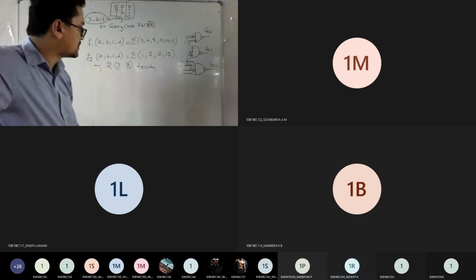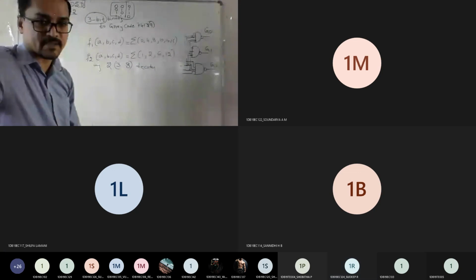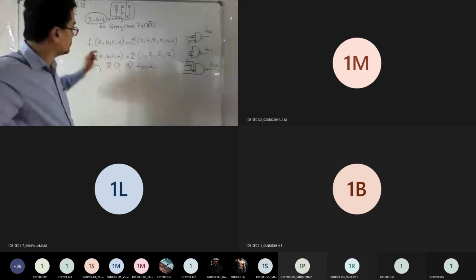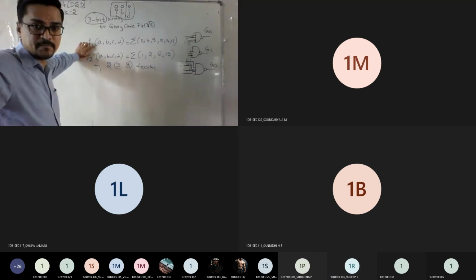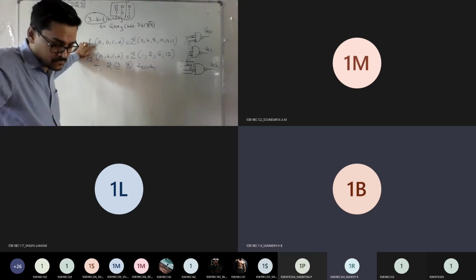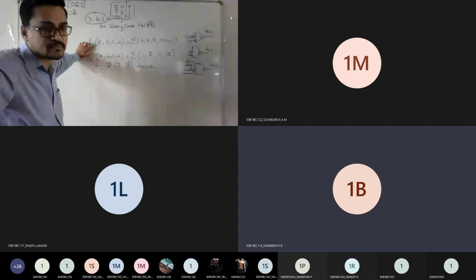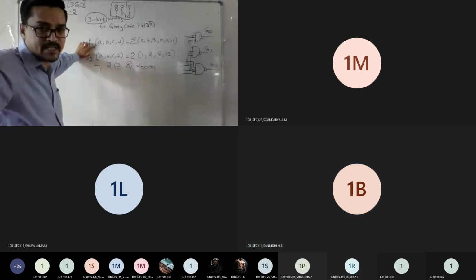Anyone can tell me what is the meaning of this 3:8 decoder, 2 times? Okay, listen now. Let me explain this. You solve this. How many inputs are given? 4, in the multiple function. So both functions consist of 4 inputs. How many combinations can you expect? 16 combinations. Correct? So 4 inputs means 16 combinations.